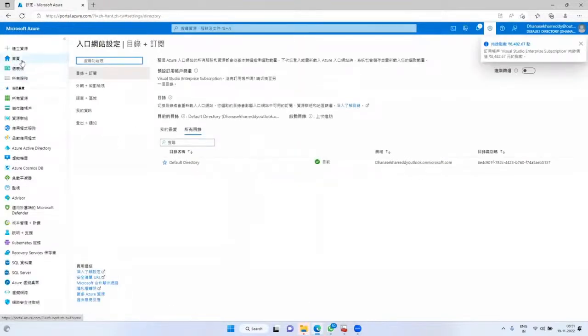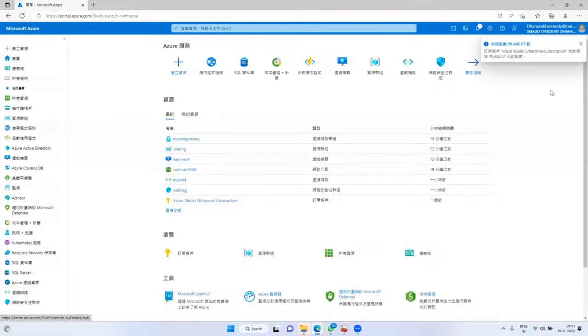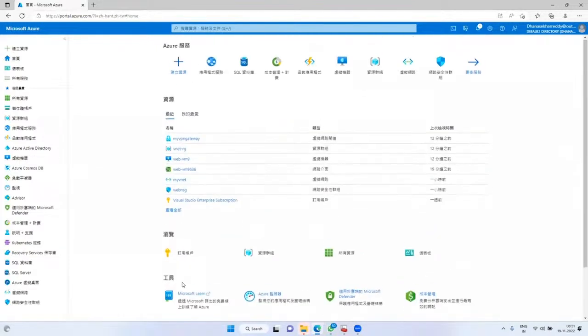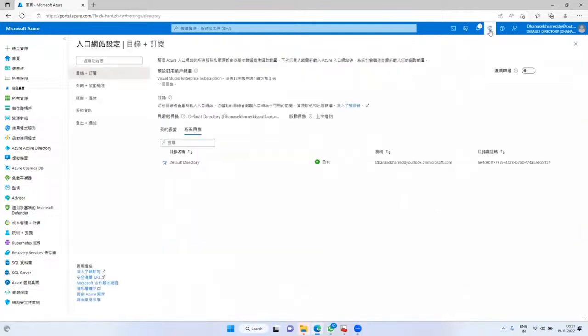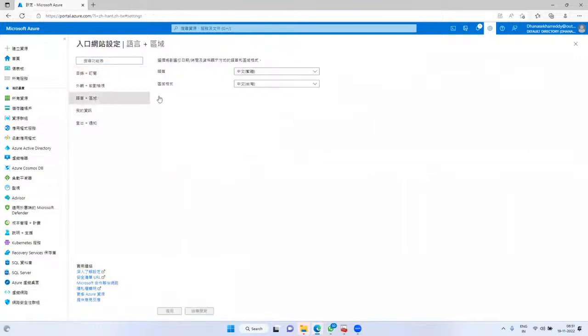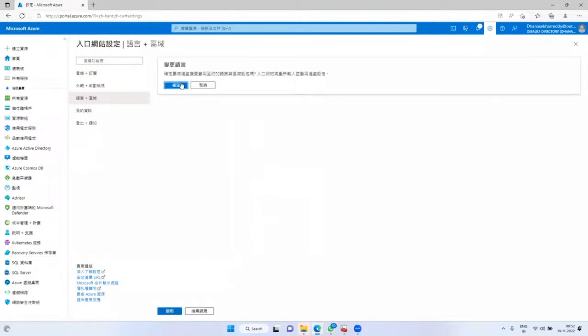See guys, now the entire portal is displaying in Chinese. So they can host and deploy all the services related to their local languages. Clear? Great. Now navigate to settings, language. If you know German or Arabic, apply it.